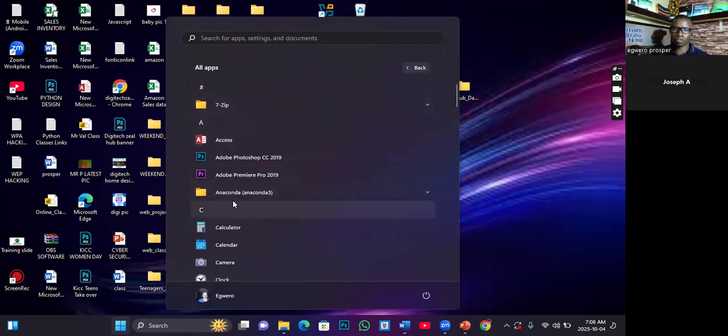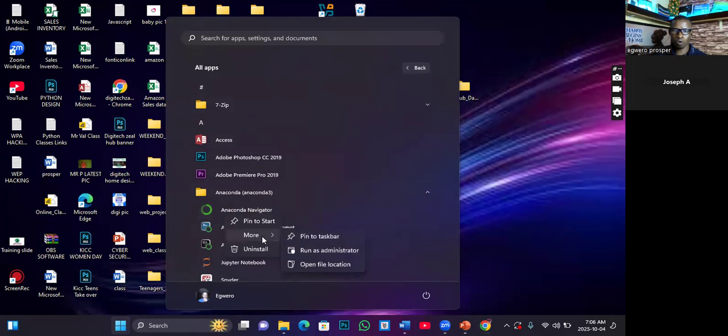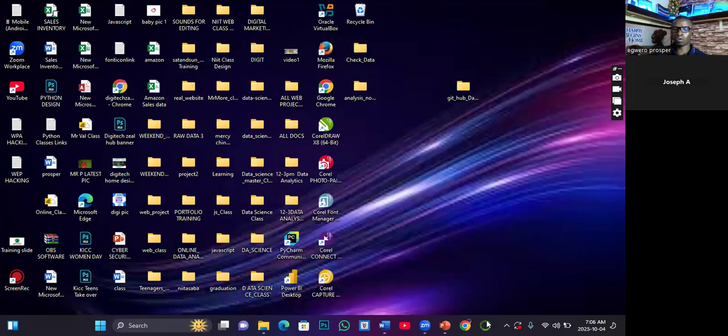From here, you see a folder called what? Anaconda. Open it up, and then you see the package. For each shortcut here, just right click on it and go to more. And then you select what? Pin to taskbar. So that is how I pinned it here, so that I don't have to go through all that process each time I want to launch it.